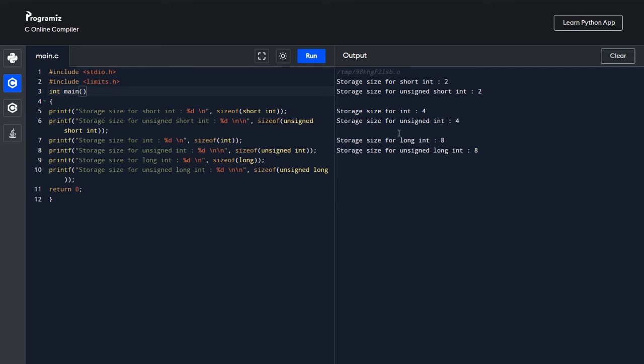And for short int, signed or unsigned, it is 2 bytes. For long, signed or unsigned, it is 8 bytes. And for using sizeof, you have to use the limits.h header file.